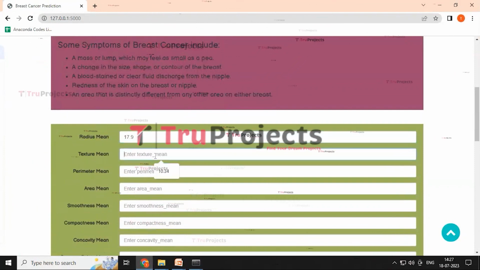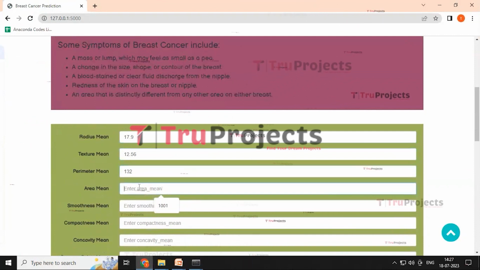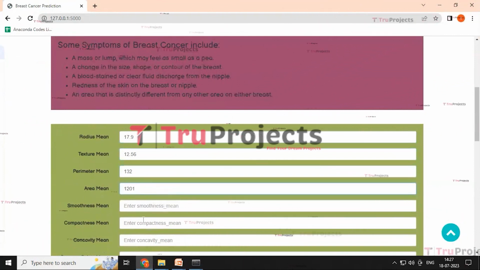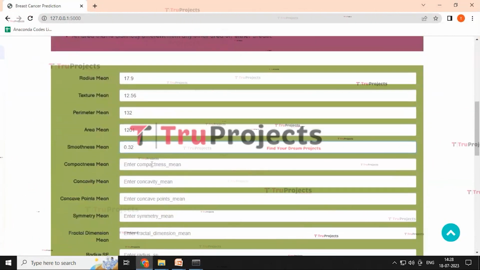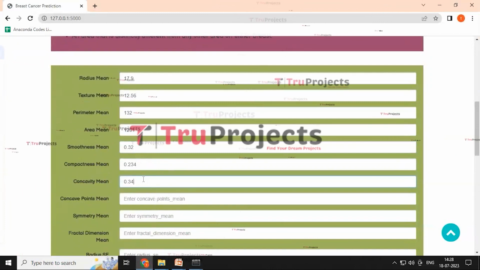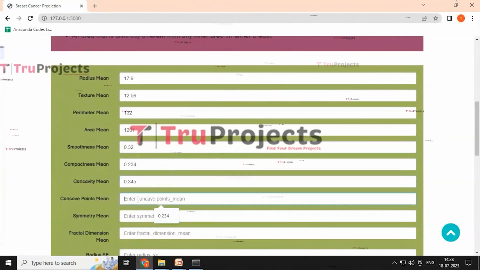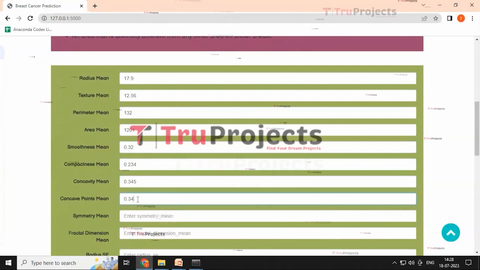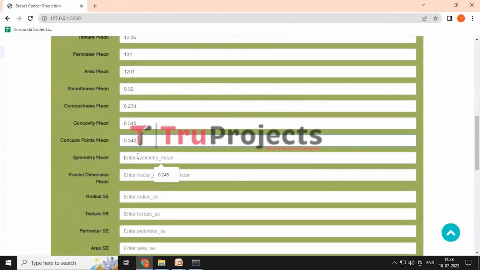First, enter this value as 17.9 and enter the texture mean of 12.56 and enter perimeter mean of 132 and enter the area mean of 1201 and enter the smoothness mean of 0.32. Enter the compactness mean of 0.234 and enter the convexity mean of 0.3445 and enter the concave point mean of 0.342. Enter the symmetry mean of 0.234 and enter the fractal dimension mean of 0.0078